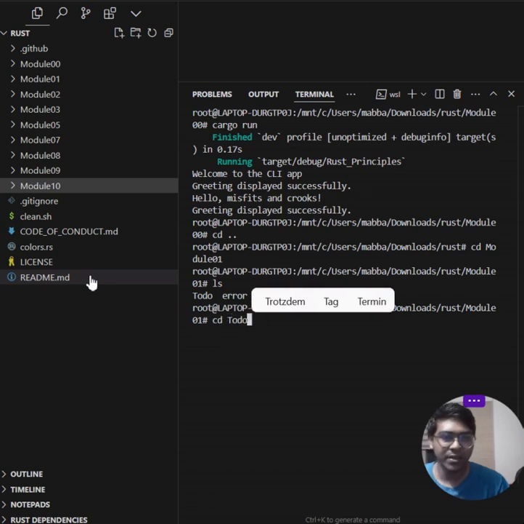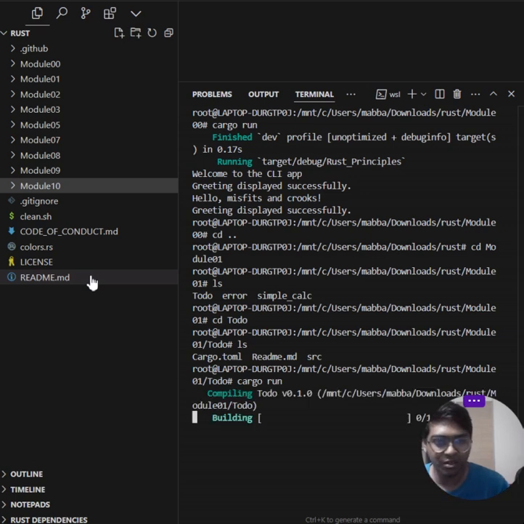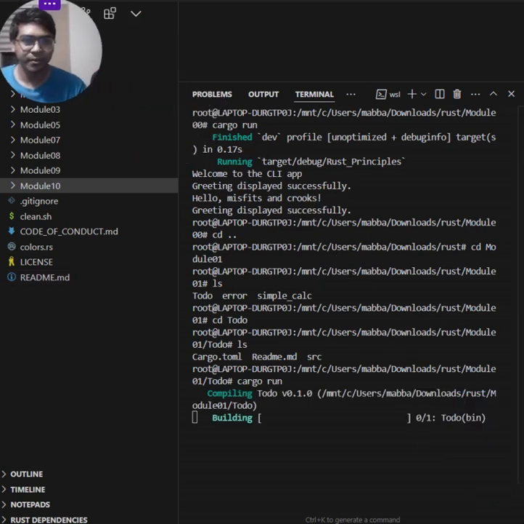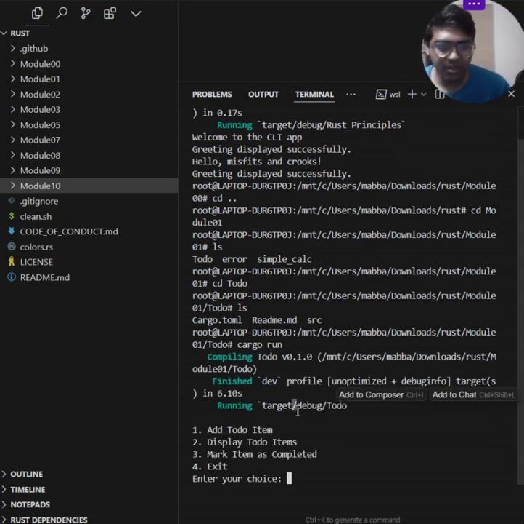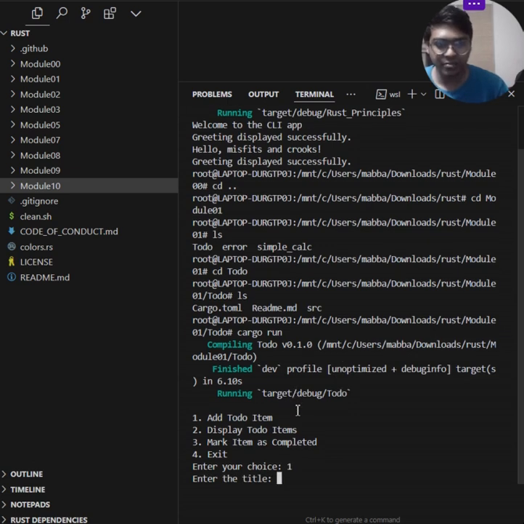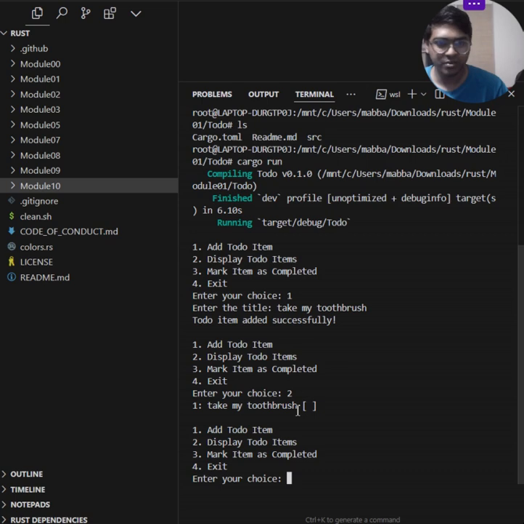I have a to-do app here that I built. How it works is, if you just run it, it has two items. You accept a task, agree, take my toothbrush. Two items. Okay, and if you want